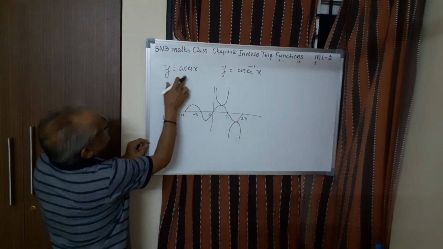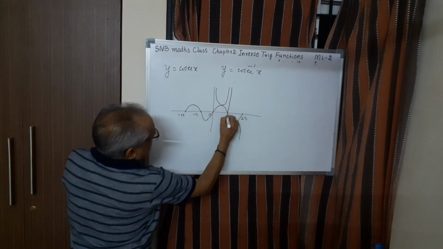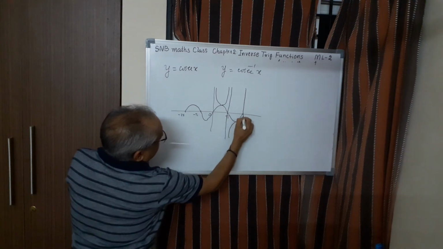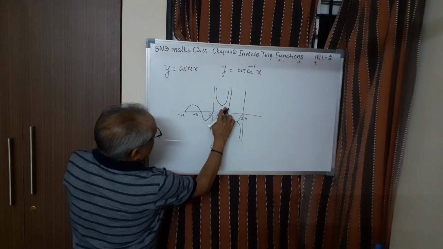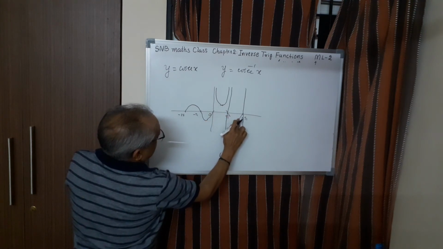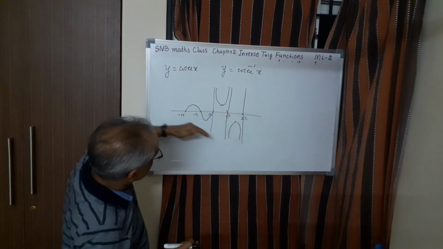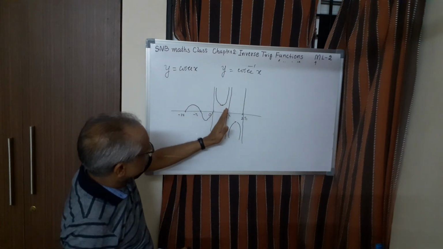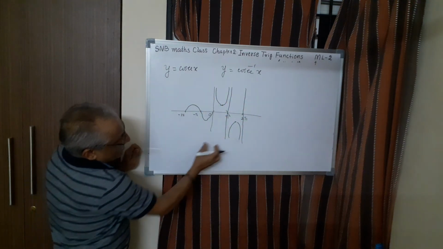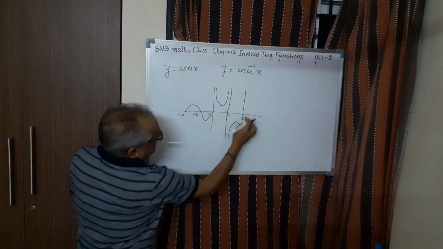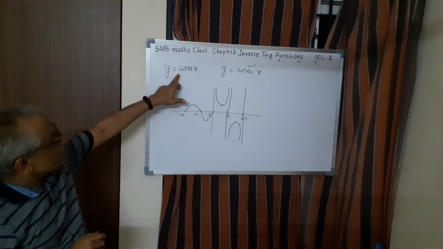And since cosecant x is not defined here, for example, you have to draw the line here. So like this and like this. So one branch here. Then you remove the sine graph like this, so that it is very easy to draw. See, one branch above, one branch below, one branch alternate. So 0 to pi, pi to 2 pi, 2 pi to 3 pi, like that. This side, same thing. So once you know this trick, one is here, another one is here, next one is here, next one is here, like that. So that is the easy way of drawing the graph.